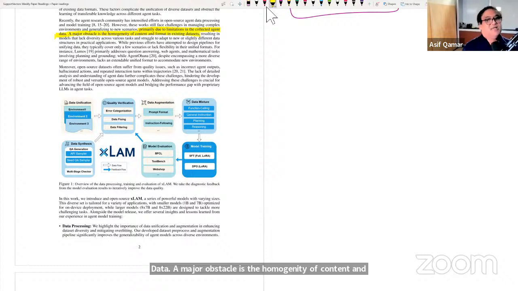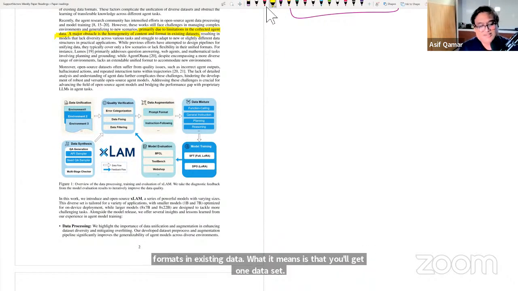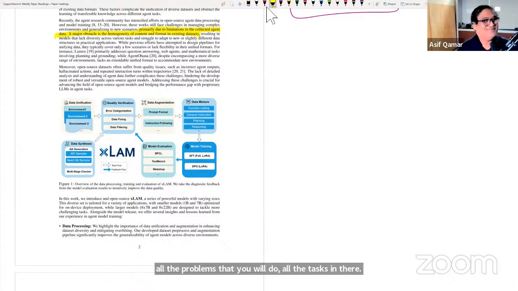What it means is that you'll get one data set, and all the tasks in there will refer to, let's just say, coding. Another will exist, and it will all be like web surfing, like e-commerce. Imagine asking an agent to go buy things for you from Amazon. So there's a certain homogeneity or siloed, very specialized nature of each of these